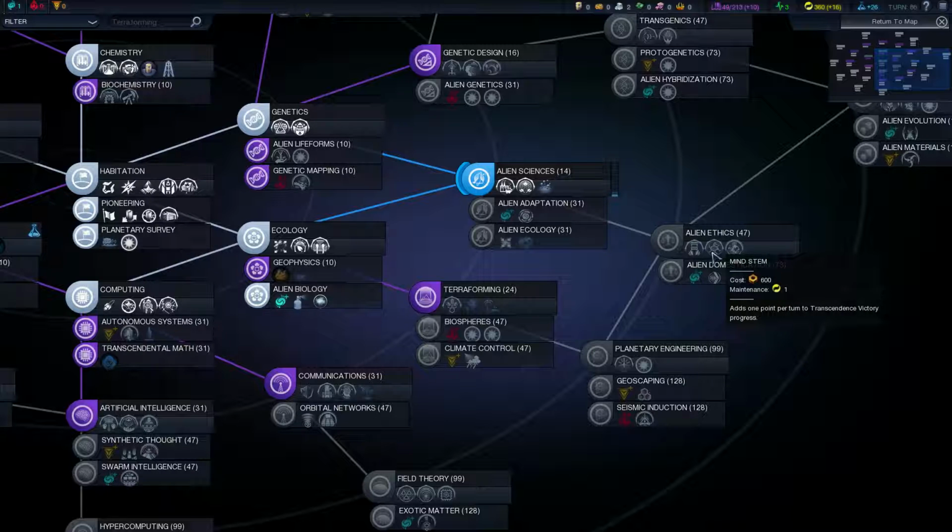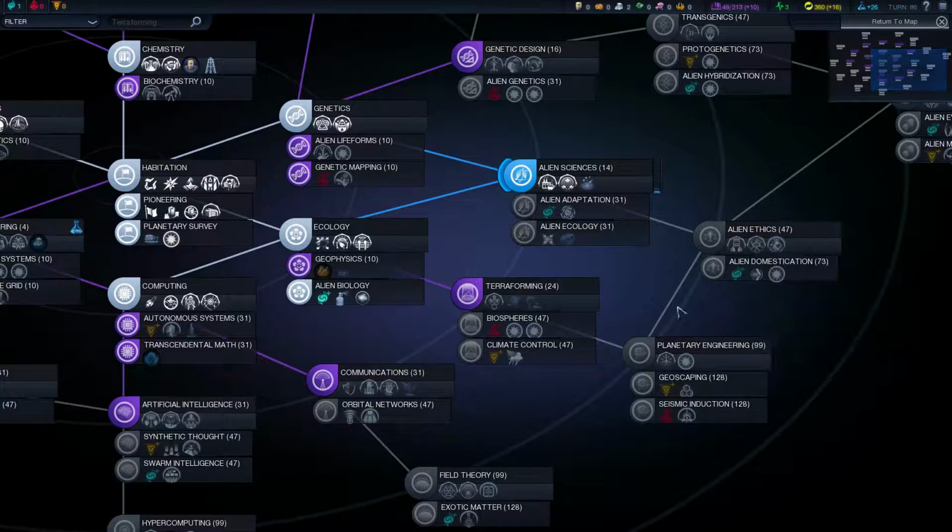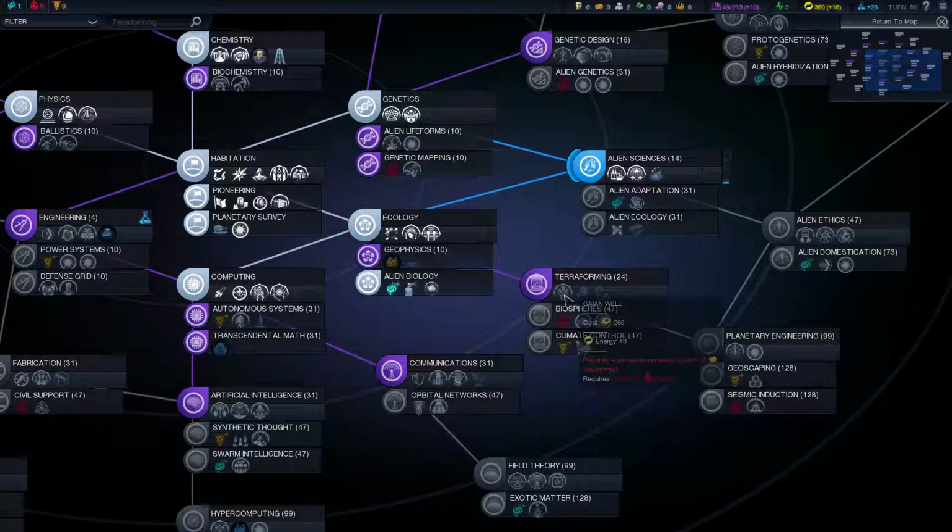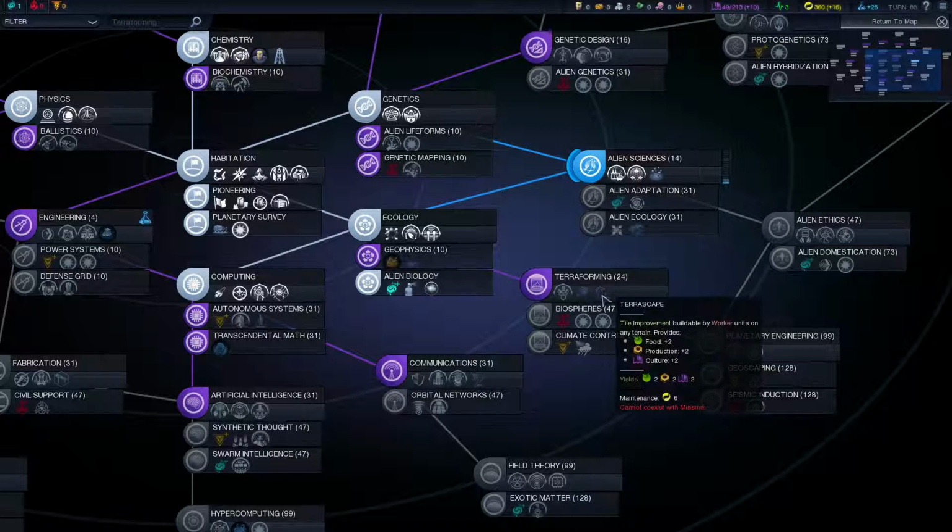So does this building here. So I'm like, well, I'm definitely going to want alien ethics. Is it viable for me to go for that first? I was then looking at terraforming. I might want to actually get terraforming next, because floatstone's actually pretty good, and we do want to connect that. Plus, this Terrascape